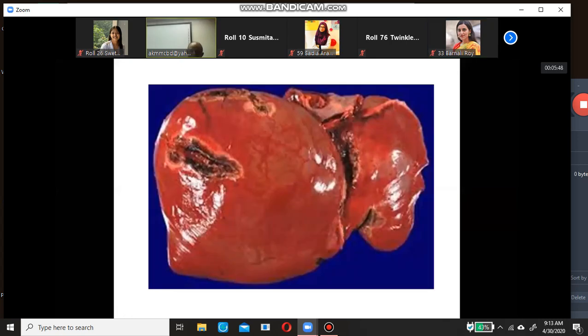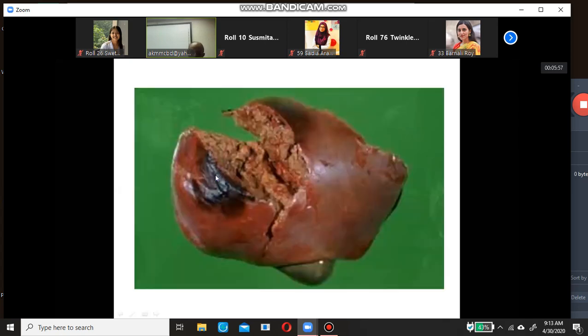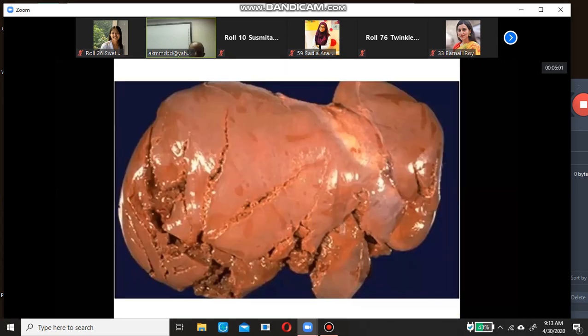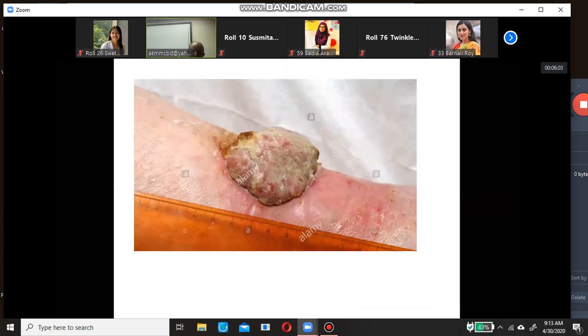Look at this specimen. It is liver. The right lobe of the liver, the left lobe of the liver, and the injury. This is also liver. Therefore, you have to identify the specimen first. If it is spleen or liver, the diagnosis will undoubtedly be injury to the liver or injury to the spleen.